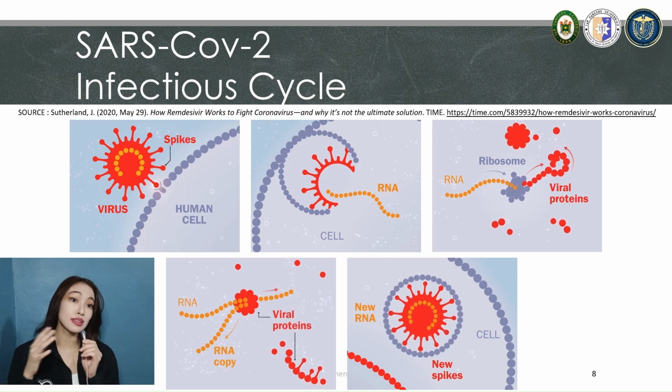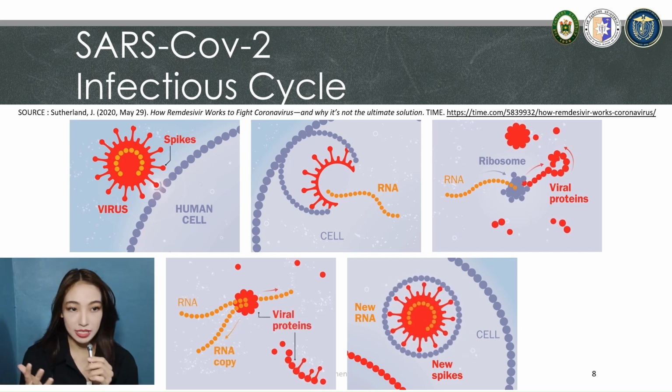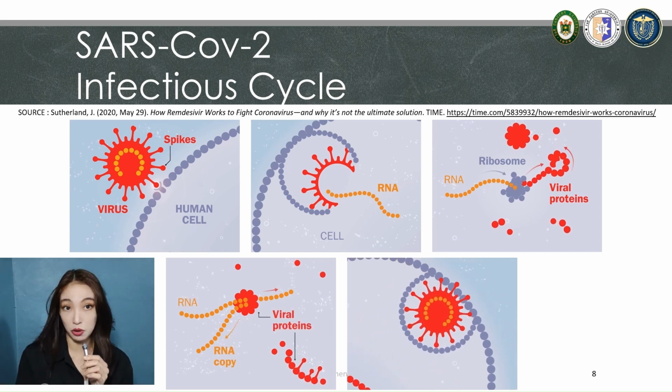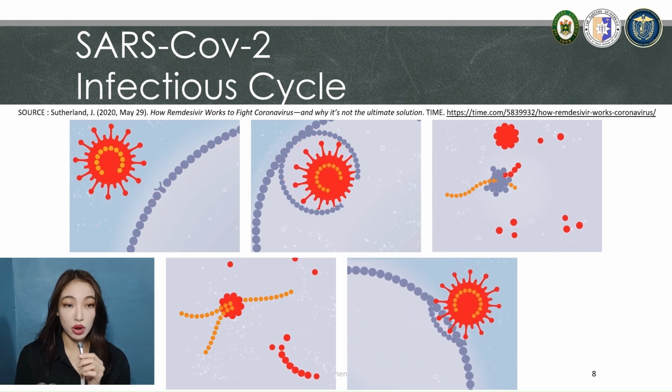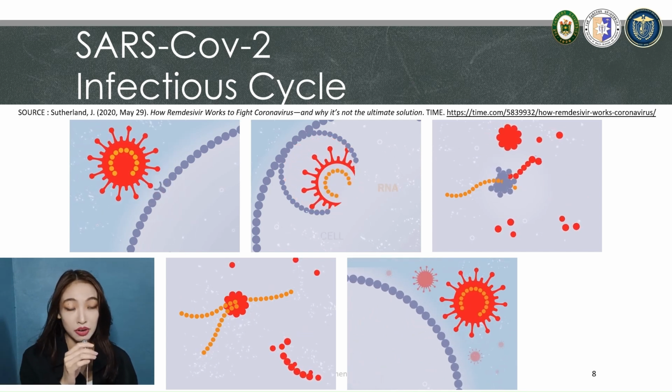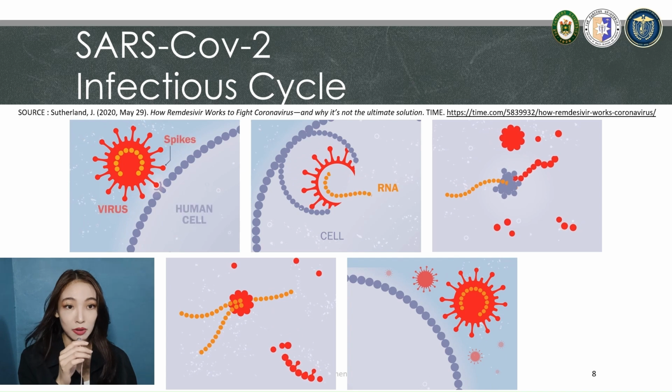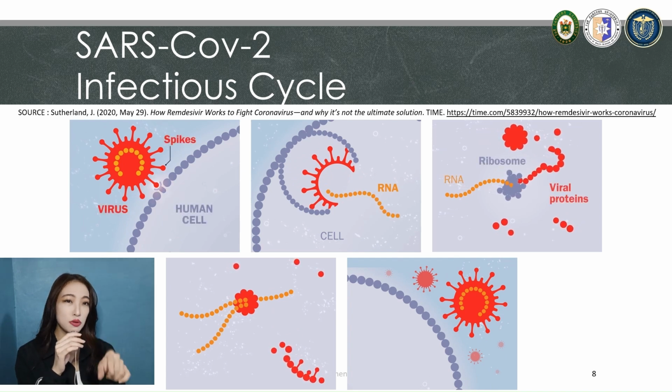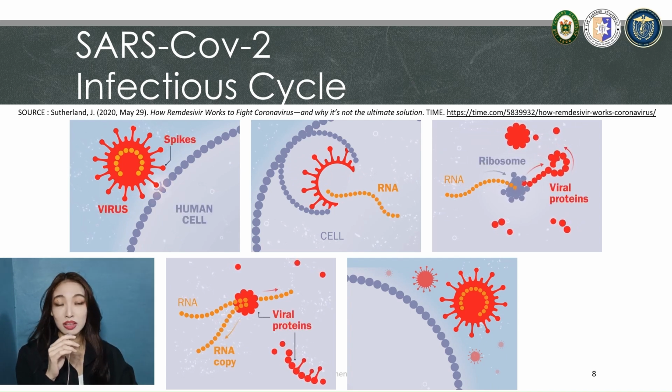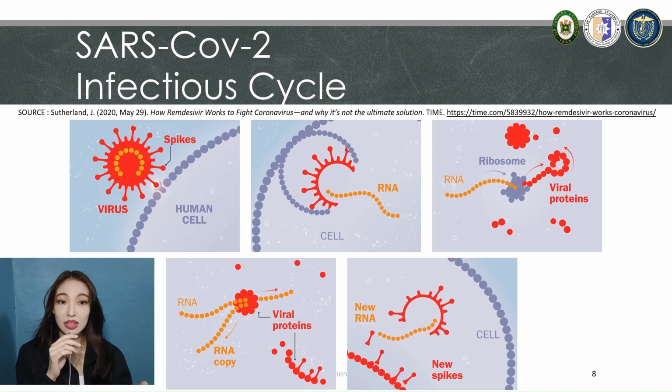So, when they're fully assembled, the virus can now exit the host cell and move to other healthy cells and repeat this cycle. And of course, for these new virus particles to exit the host cell,